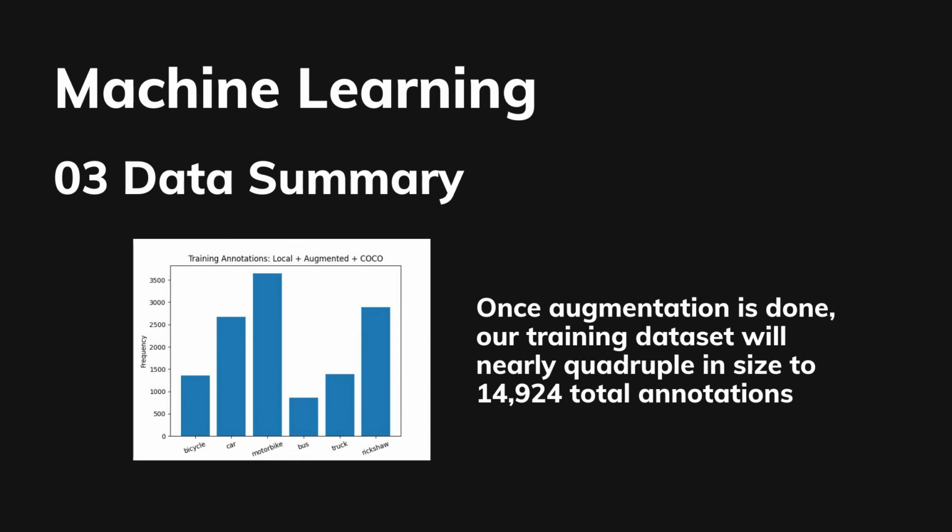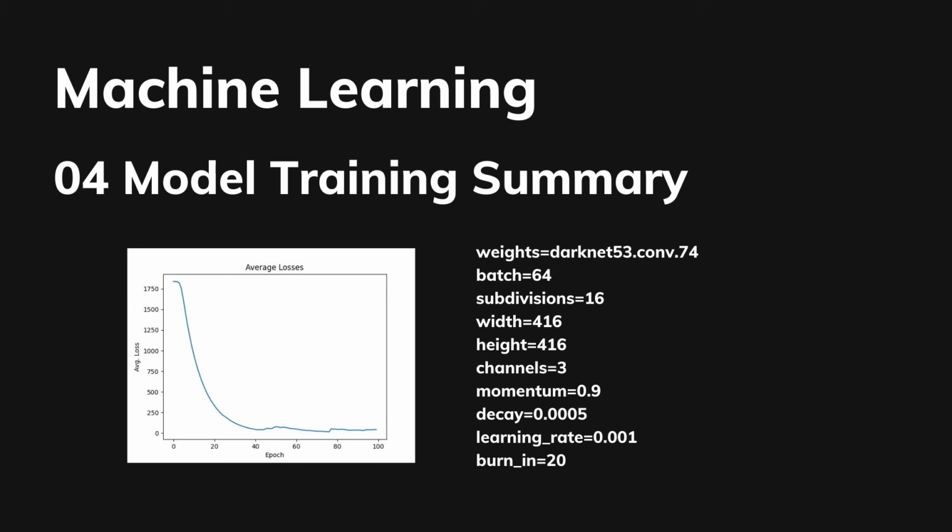different types of vehicles. And after our augmentation process is complete, our training dataset will nearly quadruple in size to almost 15,000 total annotations. To allow for local contextualization of the vehicle detection by YOLO, we will be using transfer learning. And here, as we can see in the summary, the average losses actually relatively converge right after 40 or 60 epochs. Besides the graph, you can see all of the initial parameters that we used, including the weights that we used as an initial starting point, along with the width and height of the frames, which is 416 by